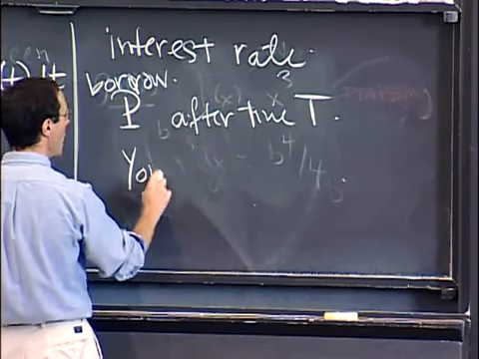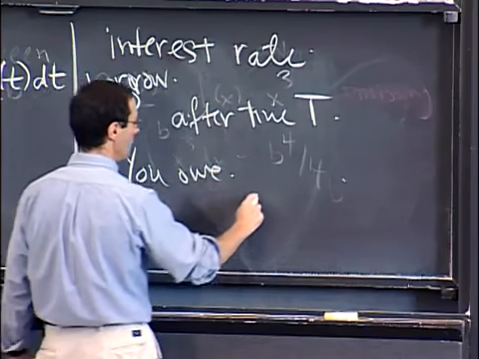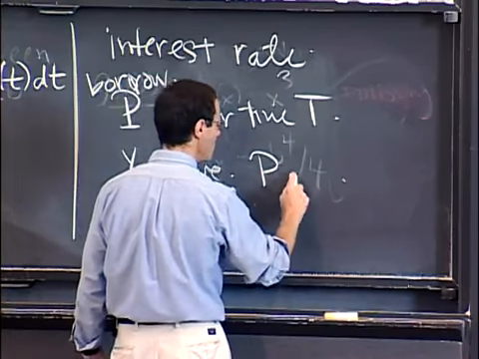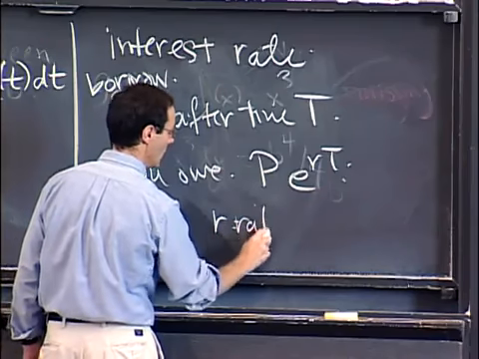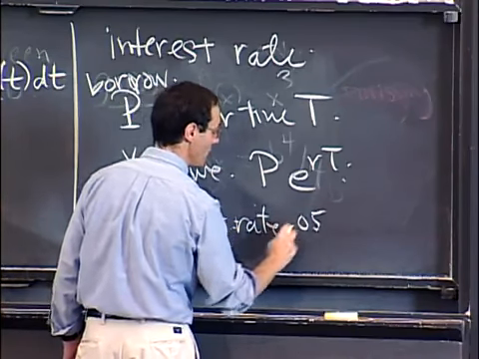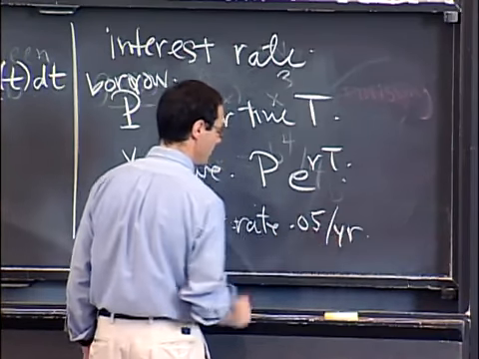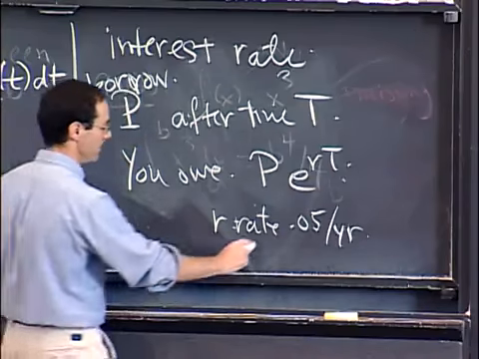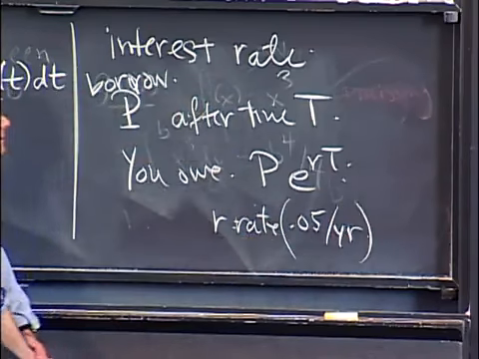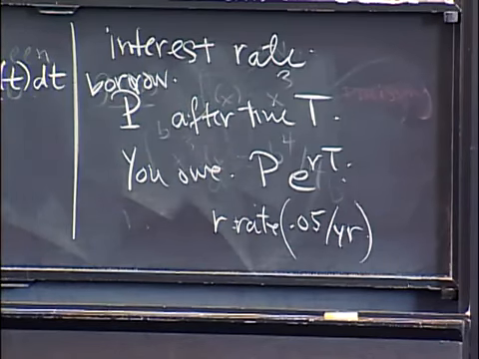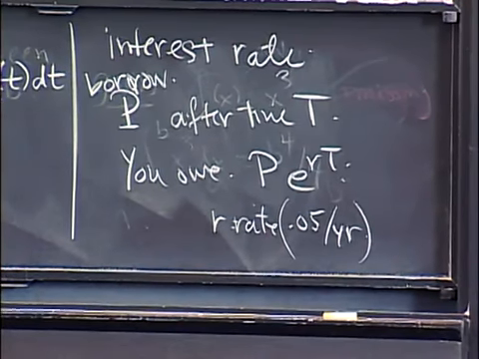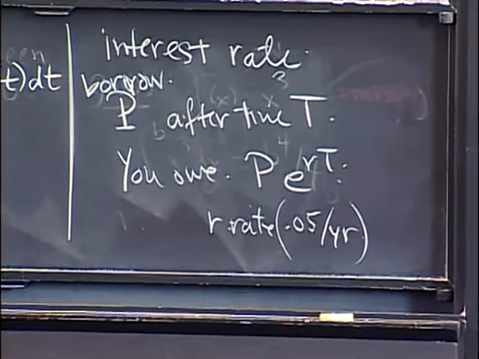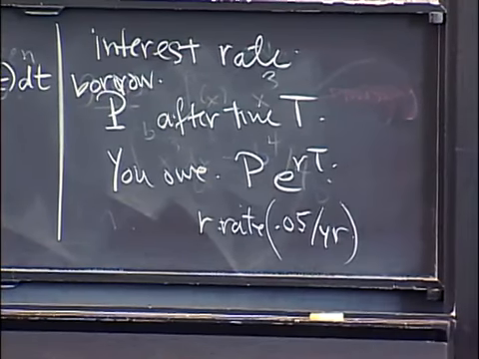After time T, you owe P times e to the rT, where r is your interest rate. Say 0.05 per year. Okay? That would be an example of an interest rate. And so, if you want to understand how much money you actually owe at the end of the year,